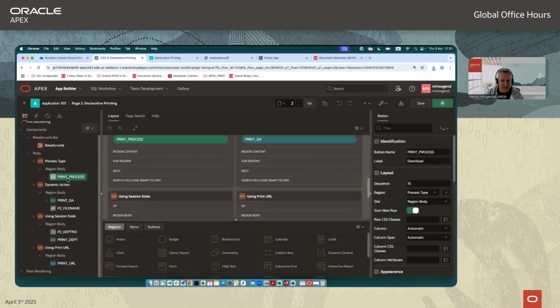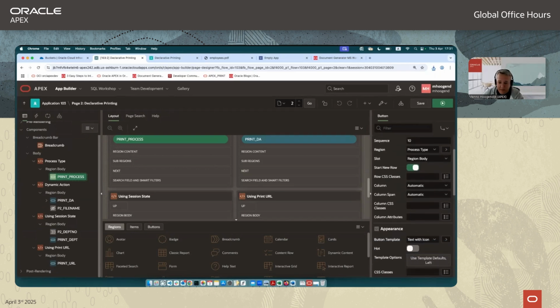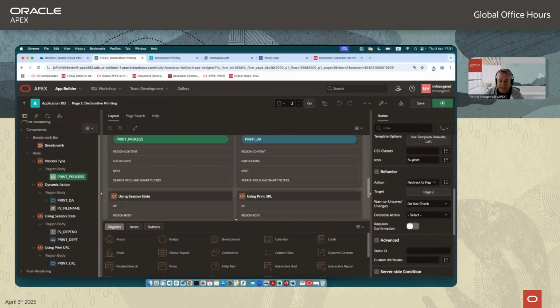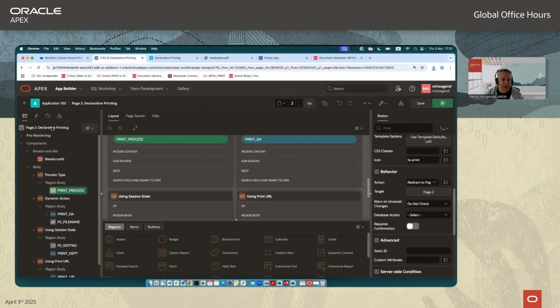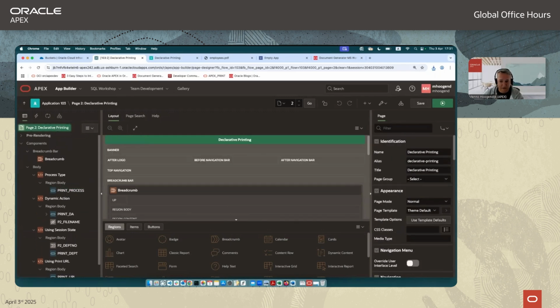So the process type has a button, but this button does not submit the page. It redirects to the same page, actually. And why do I do that? Well, that depends on the page settings that you have. So if you have